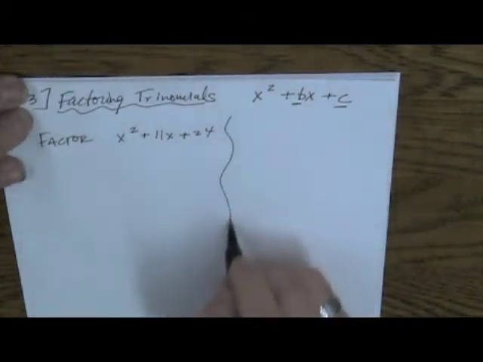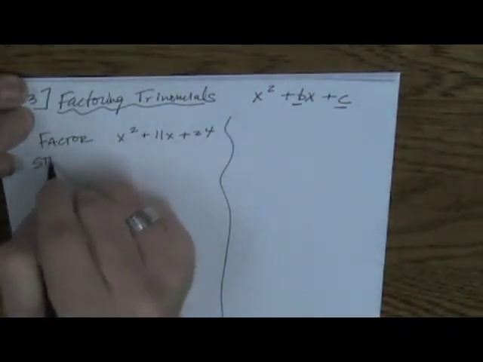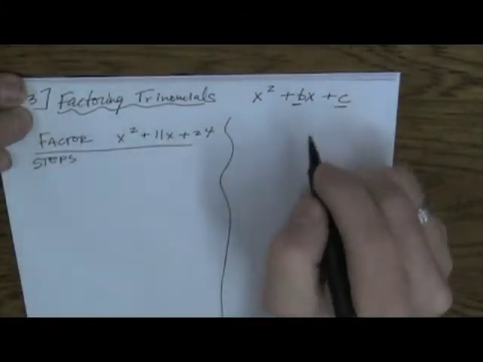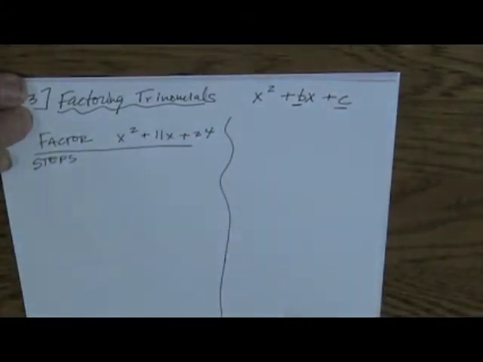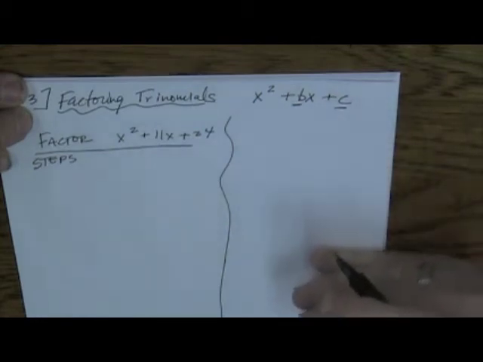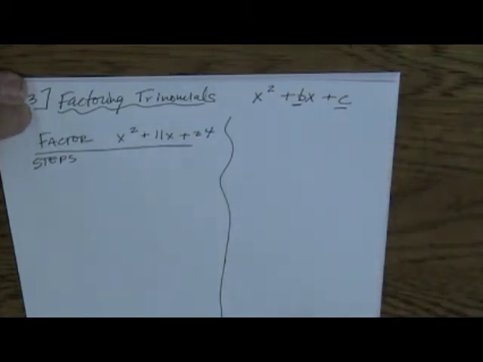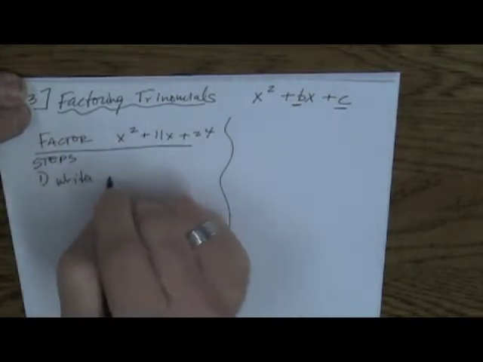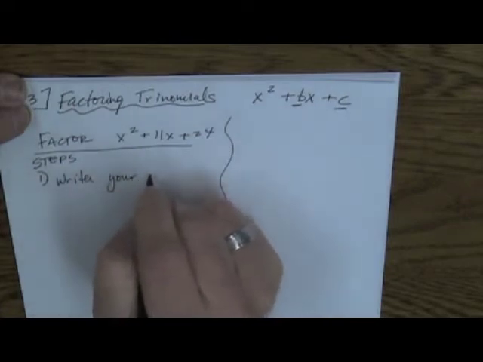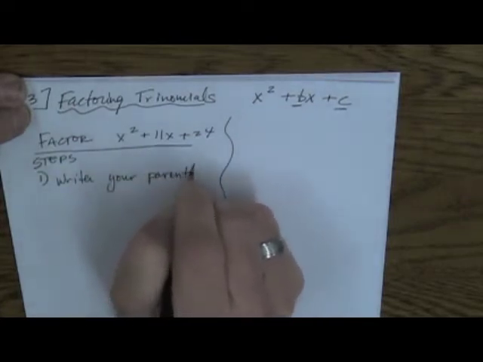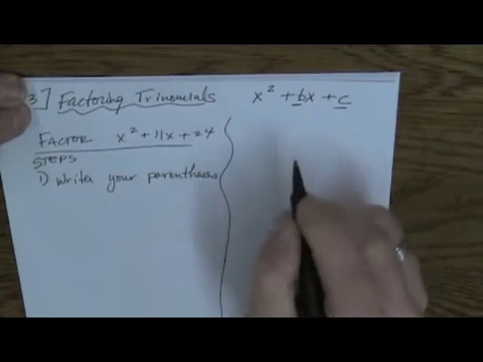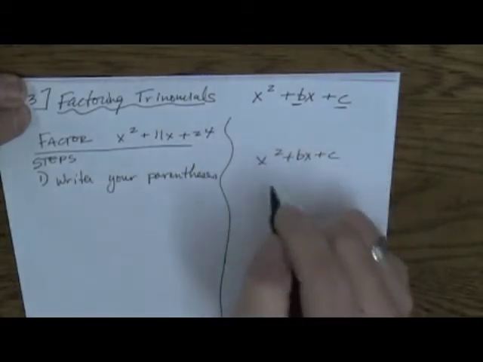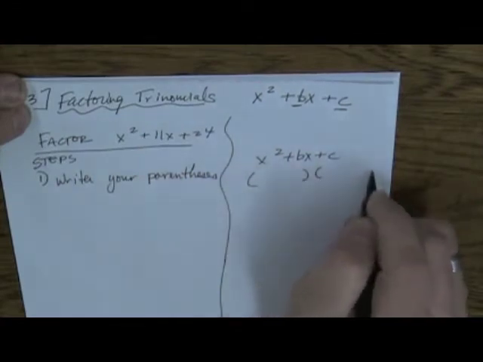All right, so I'm going to show you the steps right here. And I'm going to show you how you write your problem over here. I'm actually going to rewrite your problem over here as we go through the steps. Here's the first step. The first step's easy. Write your parentheses. So if we have this x squared plus bx plus c, I'm going to write my parentheses because we're going to factor this into